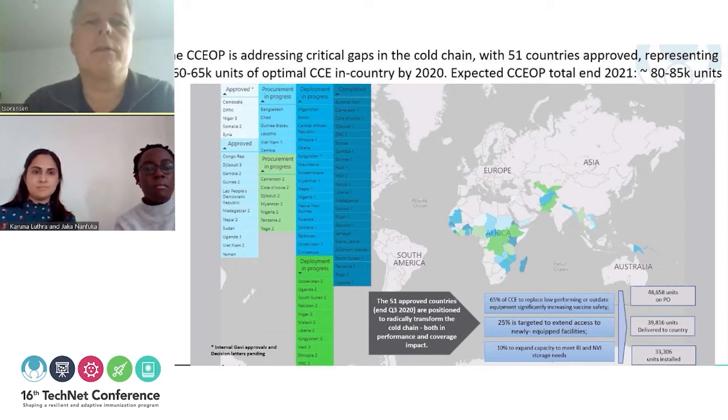Some of the things that is also worthwhile emphasizing is that project to date we have almost 50,000 units on PO, of which most of them, 40,000, have been delivered and also installed at health facility level. And as Jalia was emphasizing before, the notion of service bundle was introduced as part of the CCEOP, including as a means to avoid that procurement is being done and then the equipment is stalling at national level and not